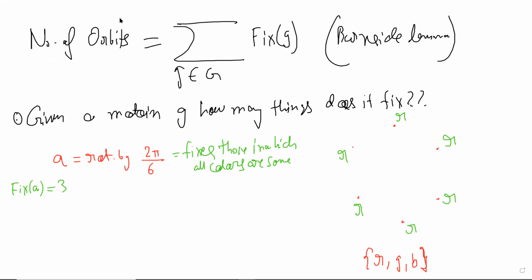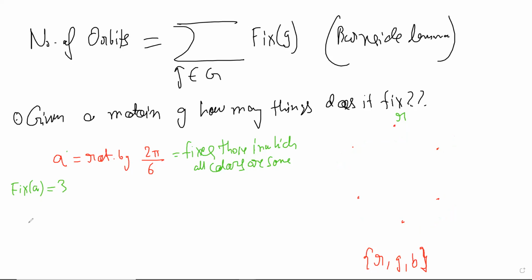You can also see now it has to do with cycles. The problem was that this A had only one cycle. The A is powerful. It could start from here and it could reach all the points in that configuration. The point is that given a motion, all the points that it can reach, you have to give only one color to those points for that configuration to be fixed. Let's do another one, then you can see. So it's in fact easy to figure out the number of configurations, fortunately.